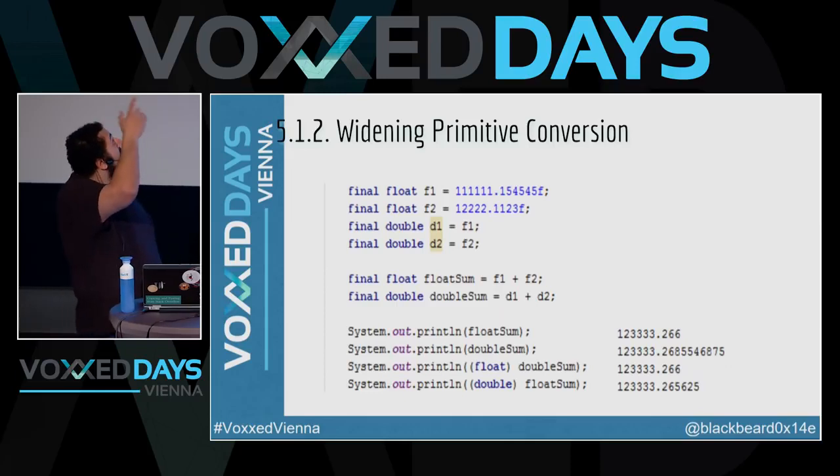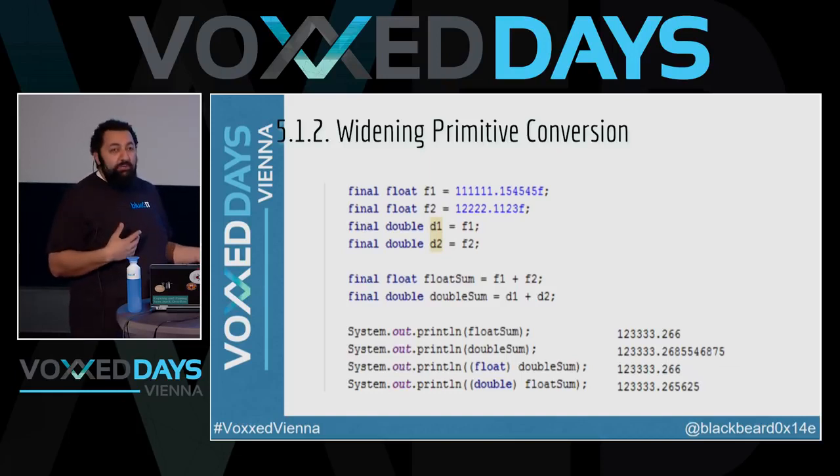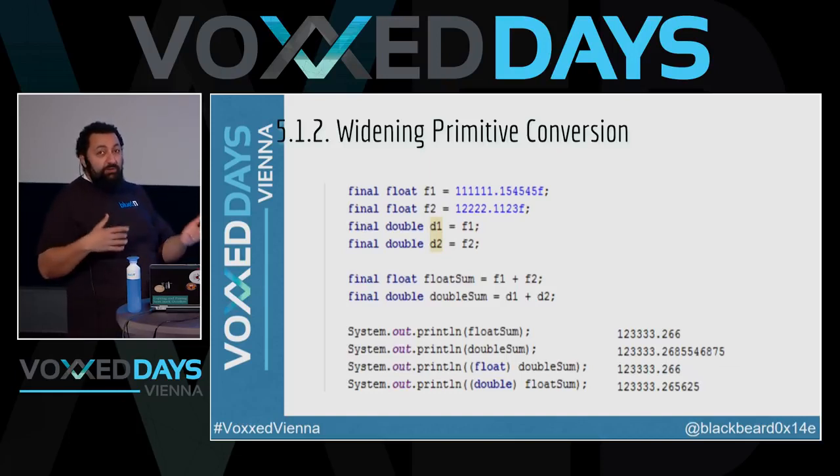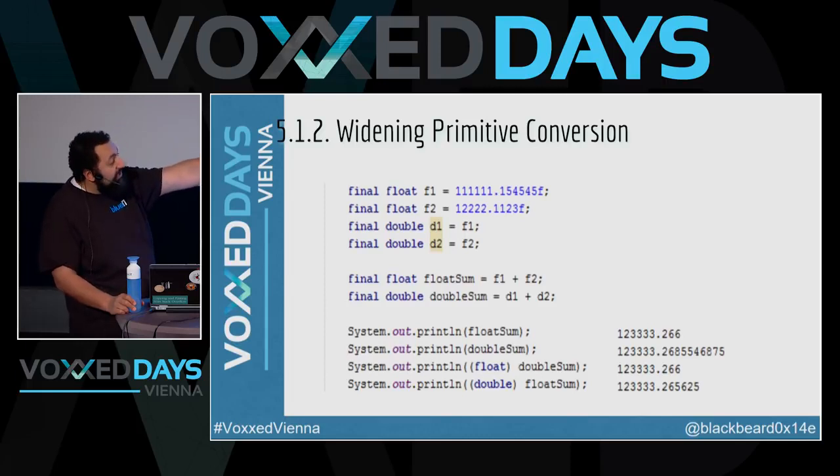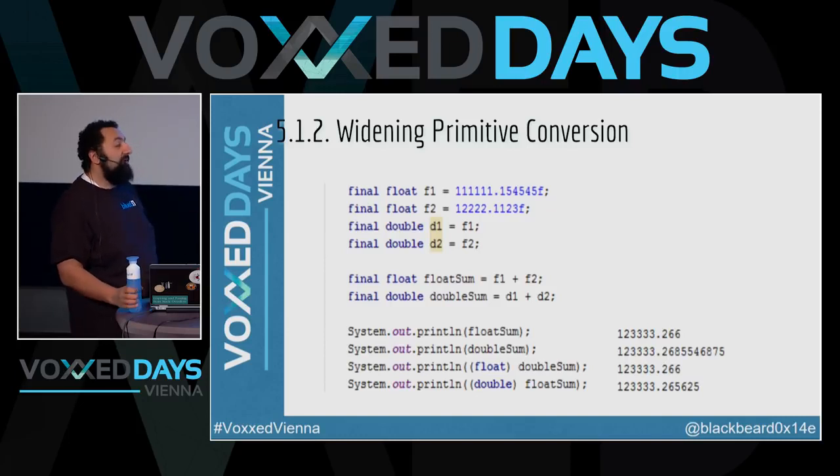Yeah. So this is the widening primitive conversion. You can put a float within a double, and you can put an int within a double, or int within a float, or a long within a double, and such. And the compiler would just allow it. To be fair, other programming languages do this as well, but it's very error-prone. If you look across these things, some of them are the same when you cast them back, but some aren't. So the float sum, for example, when you cast it to a double, it gives a different result from the double sum, which is basically the addition of the two floats. And I've had a lot of bugs around this kind of stuff, and it's very, very, very difficult to find.